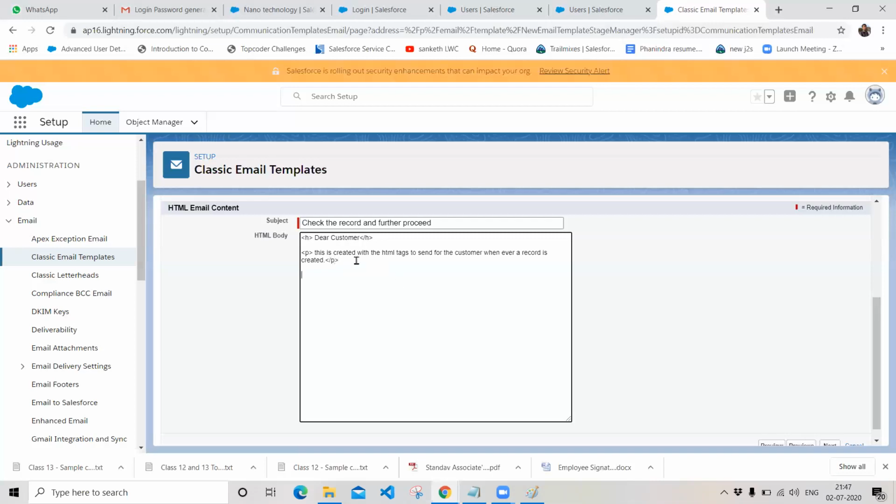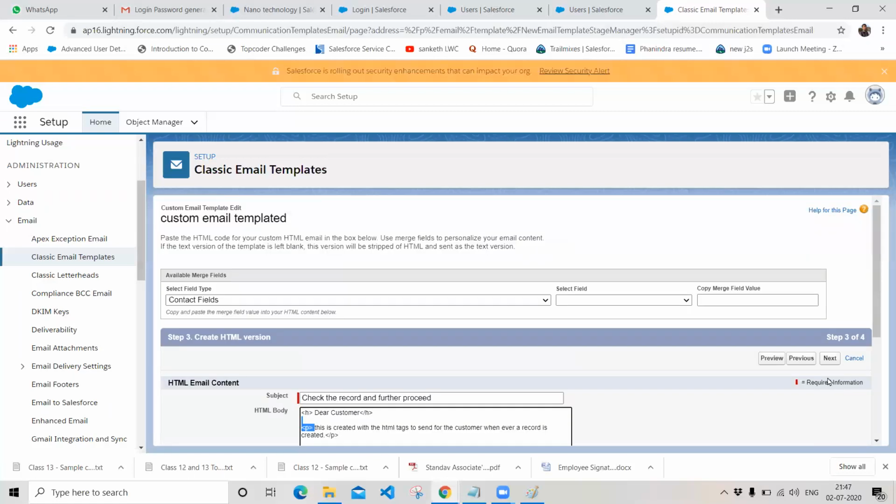And if you do want to give any italic styling over here, you can specify i as your italic styling. Regards, and this is with respect to the HTML tags. If you do want to specify any HTML tags, you can specify them. If you Google it, you can find many more HTML tags that you can use for text formatting. And click on save, click on next.